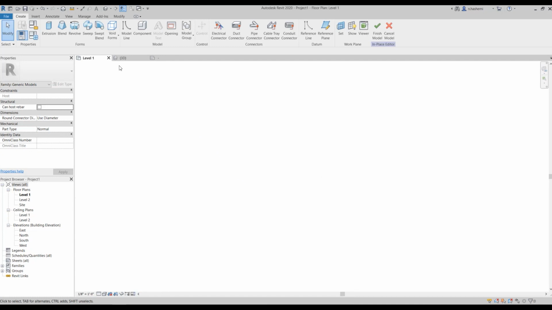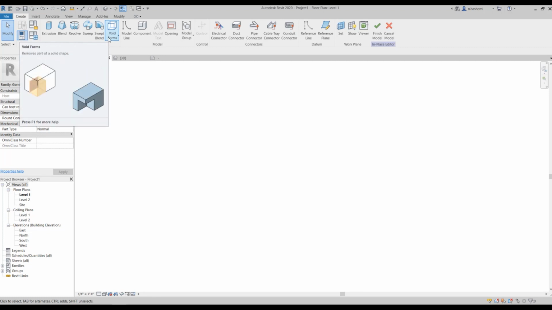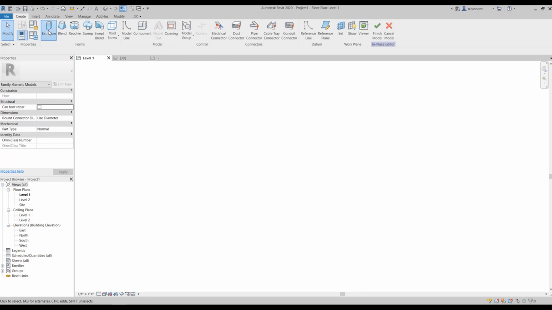So you can see we have different tools over here. We have extrusion, blend, revolve, sweep, swept blend, and also one other tool here, which is void, and it can be used to create a hole in your positive shapes. So we can have both negative and positive shapes. Now, because I want to create a cube-like shape, I'm going to use extrusion.